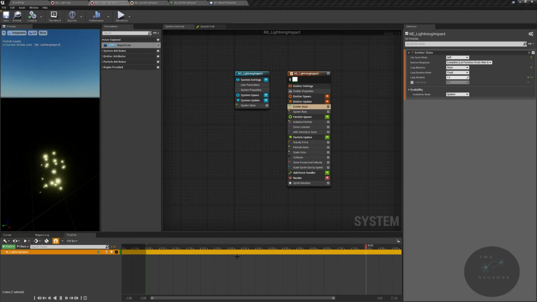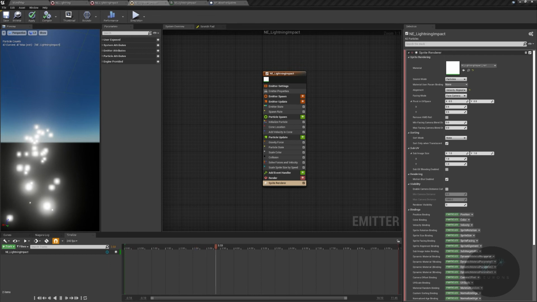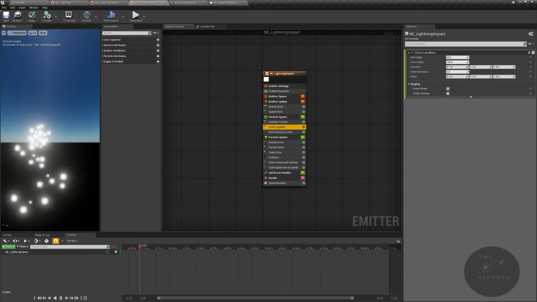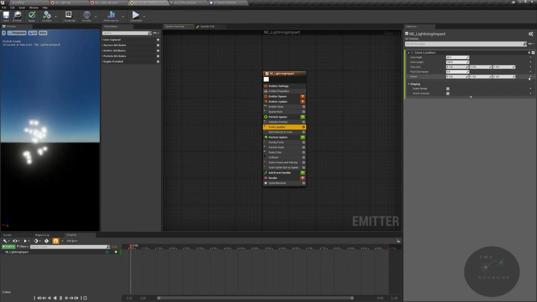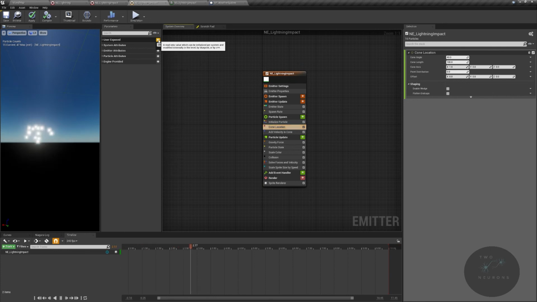You know what? There was something I had made a comment on in our lightning impact emitter. I had done that in the prep file as part of a test, and I said that it didn't work. Apparently it did, and it is something that we definitely do need to add in. So in our emitter, go to cone location. At least I assume this is causing the problem. And we're going to just do another vector. And this... I spelled vector, right? And this will be